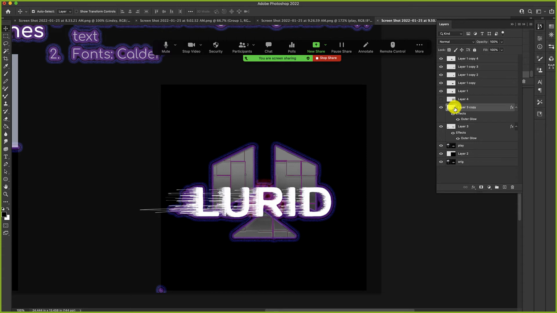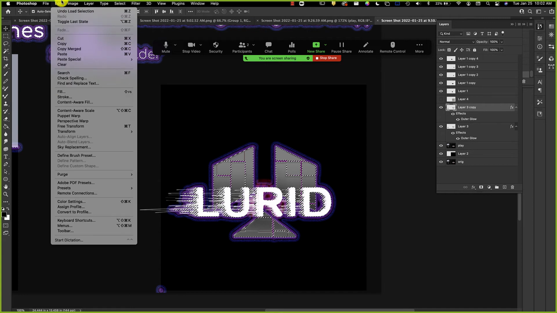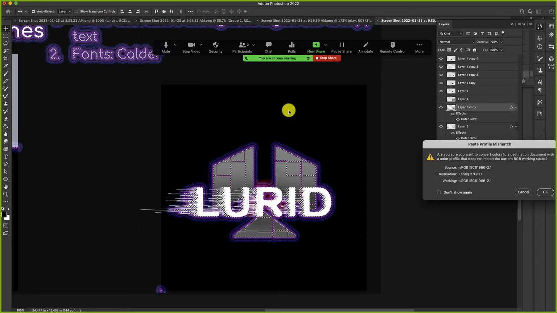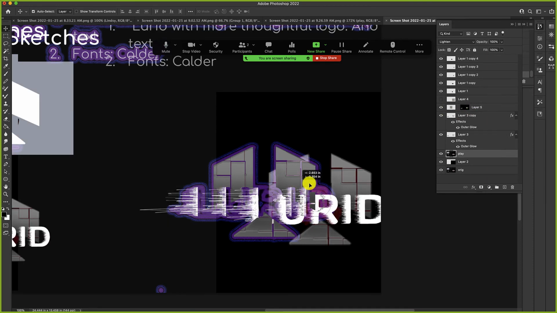Okay. Let's see. So Command click, and then Edit, Paste Special, Paste Into. It really should be pasting into that, so something's wrong. I want this not linked, and then